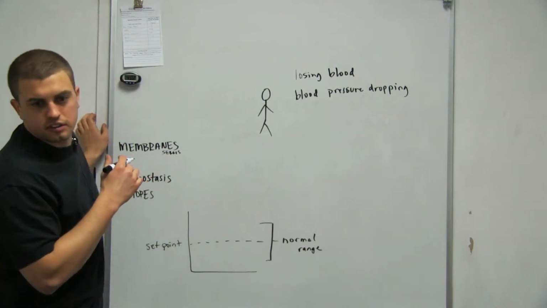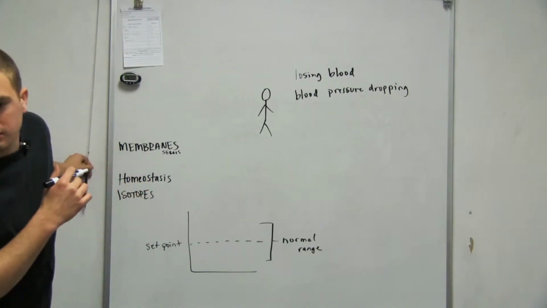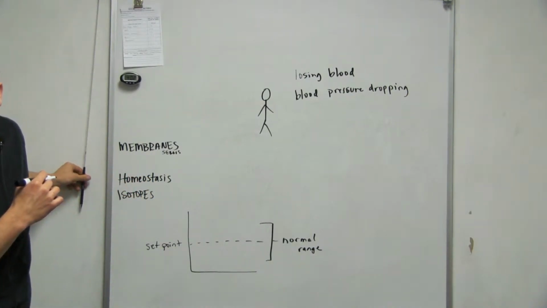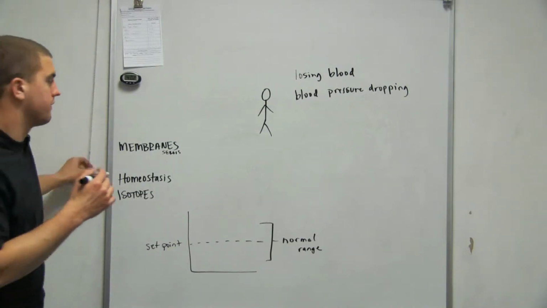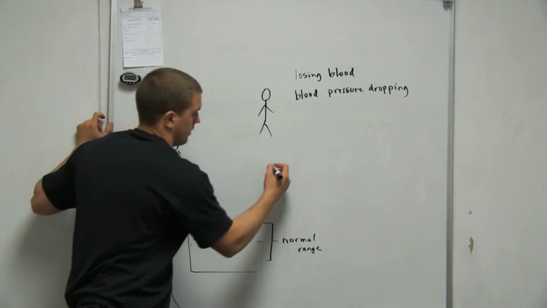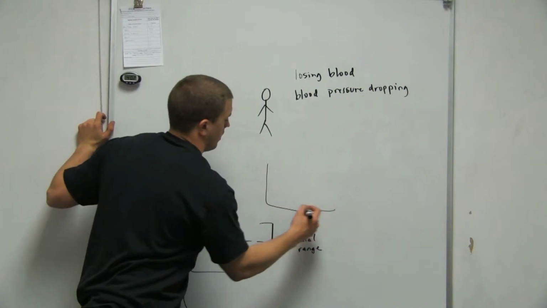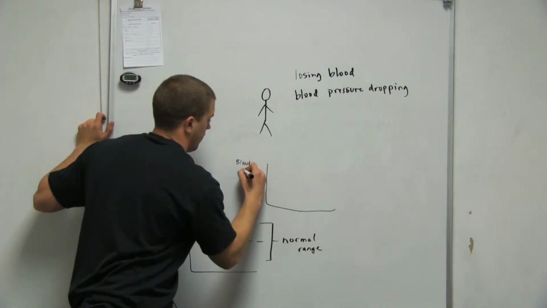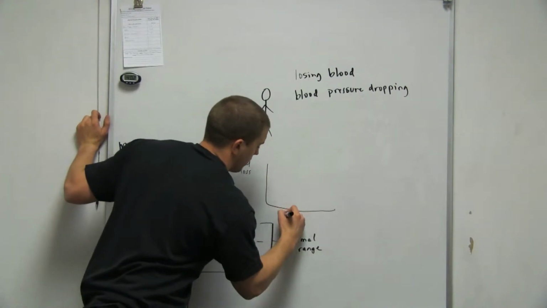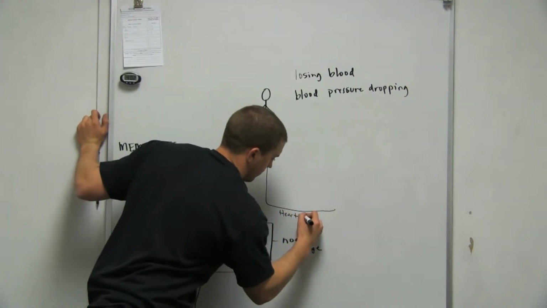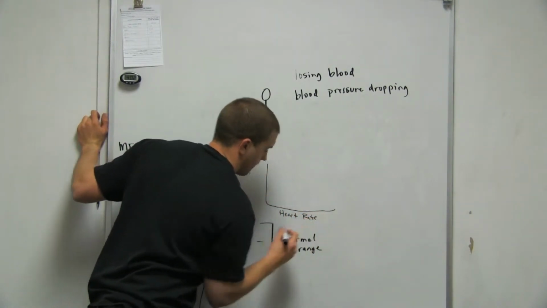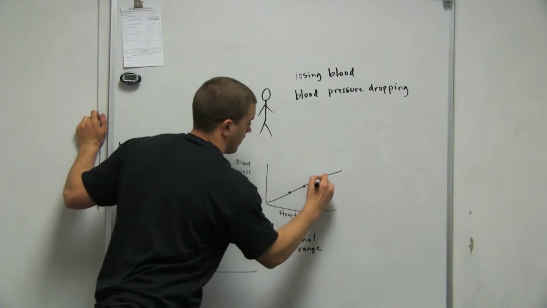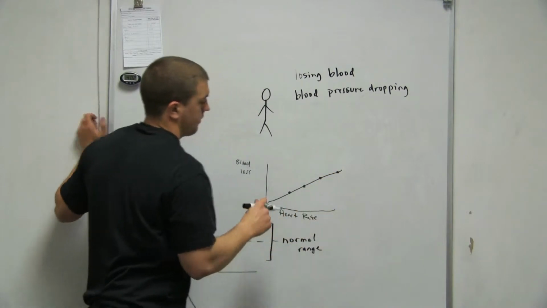So what is it? Further to the right is blood loss or pressure? The y-axis represents liters of blood loss, and x represents the heart rate. Okay, so they gave us this chart representing blood loss and heart rate. Why would his heart rate change? Since there's less blood, it's going to try to pump harder to get more blood to the organs.